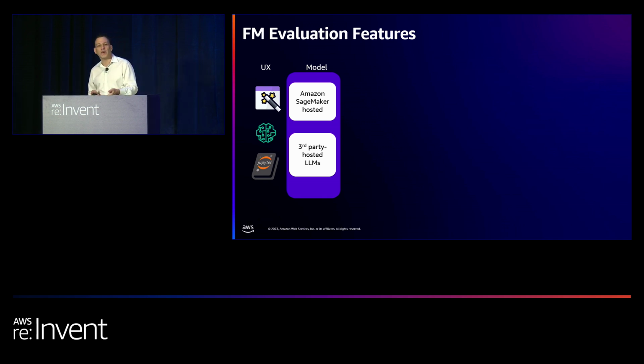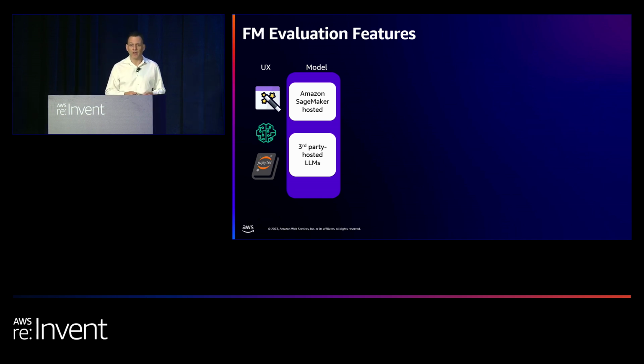The second option here is you can run processing jobs and have the benefit of a managed service. So with a few lines of Python code, you can get started with an evaluation. And then the version that gives you the most control is, and I'm proud to say this, we've released the FM evaluation library that's driving this on GitHub as an open source library. And you could use that library and the Python code and the examples that we provide anywhere within SageMaker.